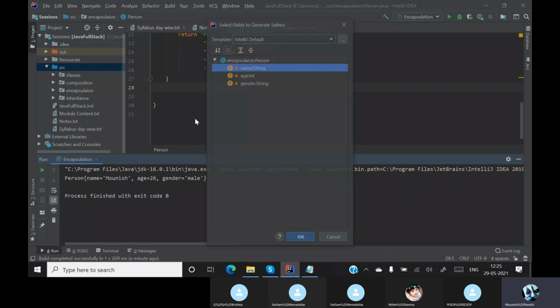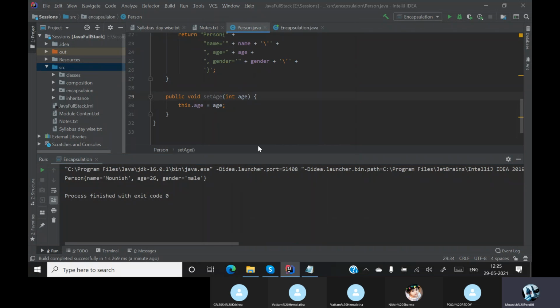I'll generate a setter method where I'm setting only my age. Here I'm telling that if age is less than 0, then, instead of less than 0, I'll make it greater than or equal to 0.